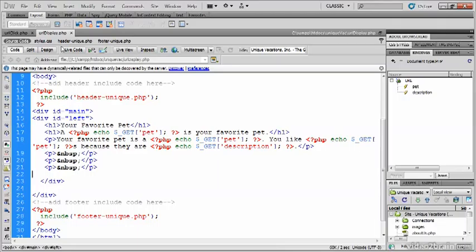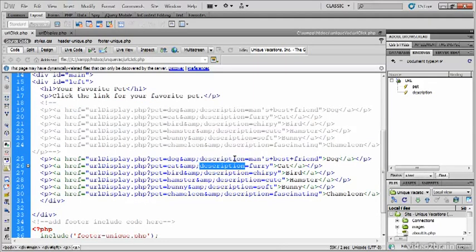So ultimately, I would want to add a little more coding to this page, testing to see if this variable called pet has been defined or not. If it has, we'll display the page. If it hasn't, we'll send them back to URL click using a redirect. But we'll do that coming up here. So let's take a look at URL click one last time. I'll put it in the browser,